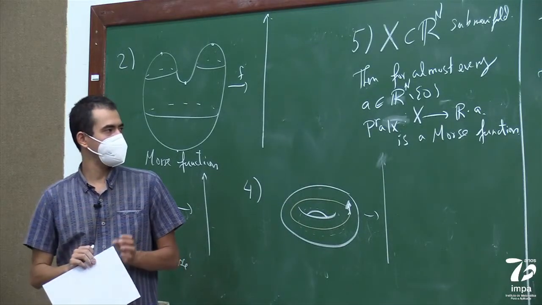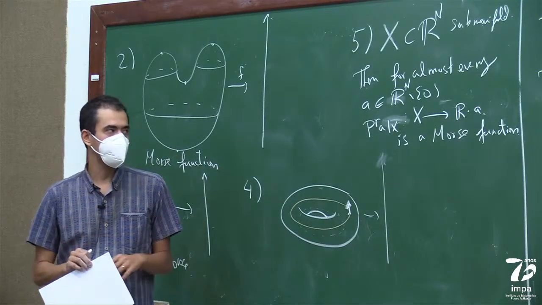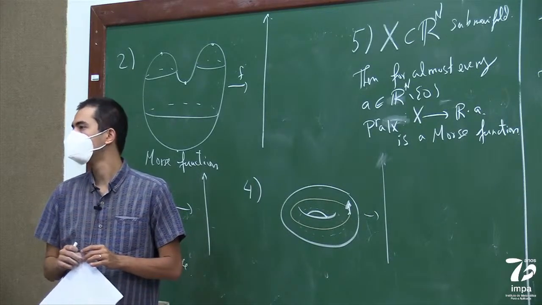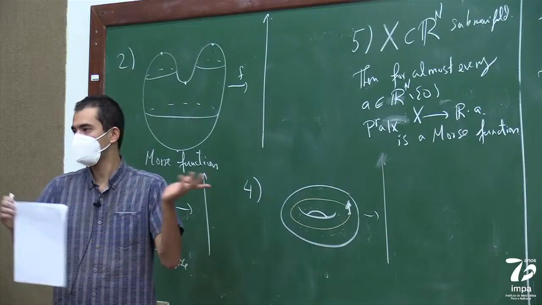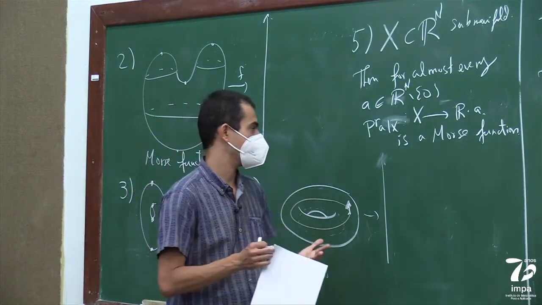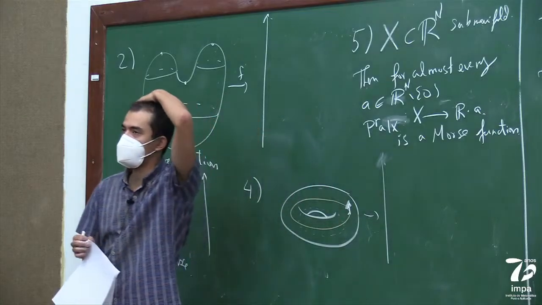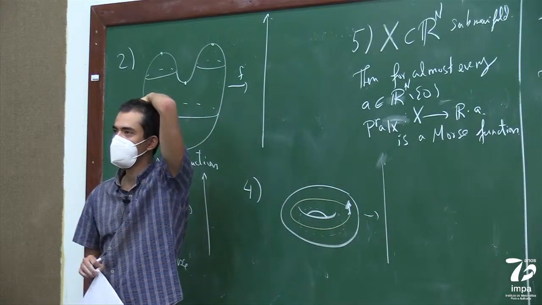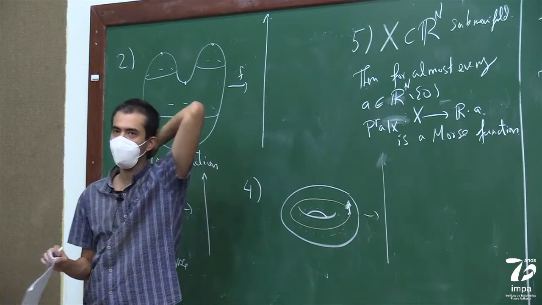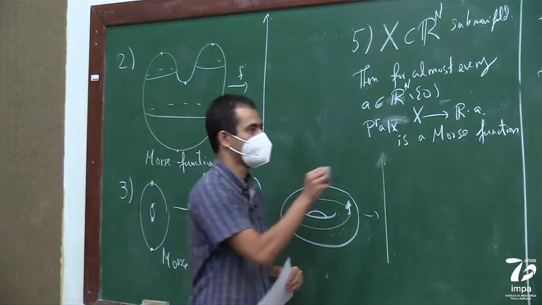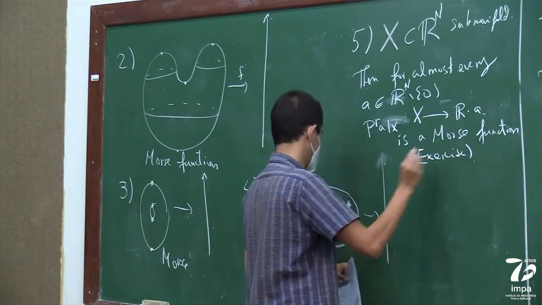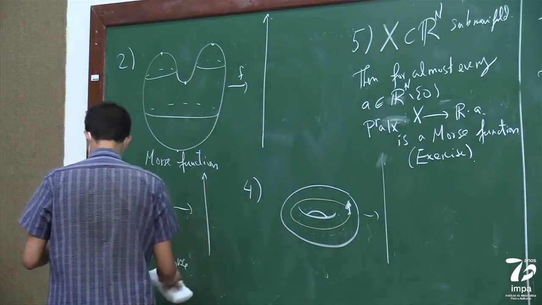Okay, so this is a consequence of Sard's theorem. I mean, it's a consequence of the Thom transversality theorem if you want, but that's kind of a heavy theorem. It's pretty simple to prove that just using Sard's theorem. And maybe it's a nice exercise for you. And if you can't do it, you can look in Guillemin Pollack. Okay.